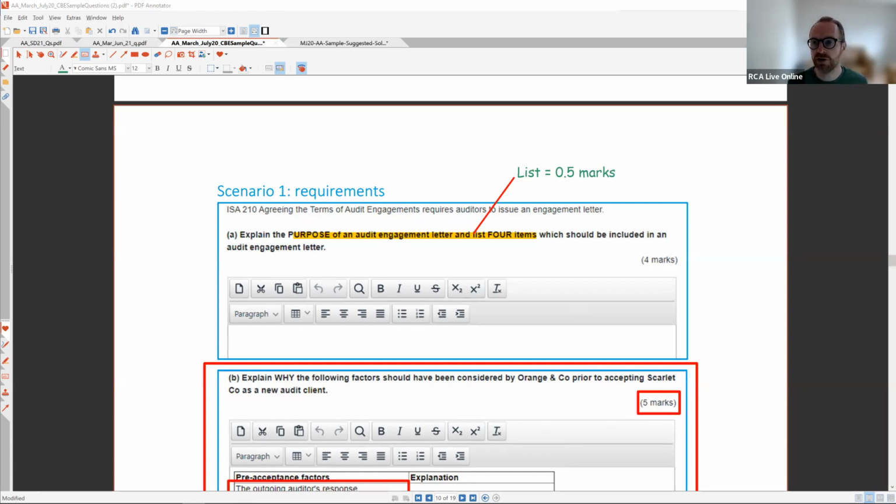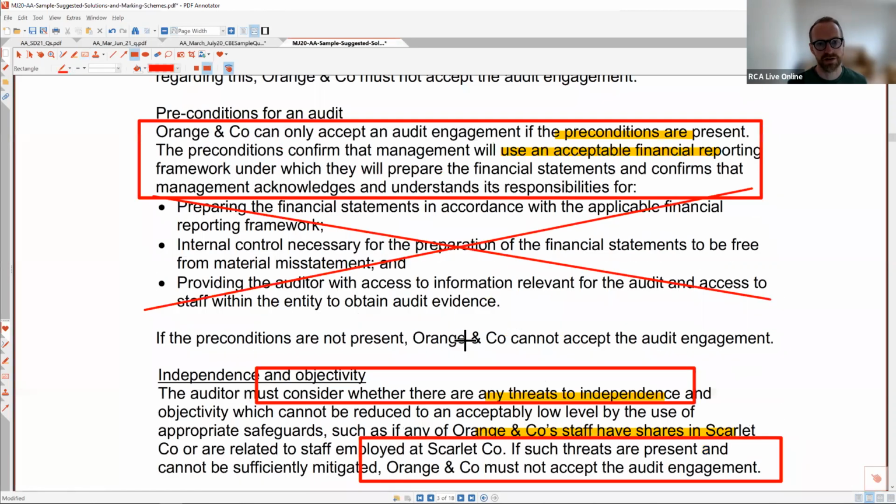Because you need to set out how the audit's going to be done and what the responsibilities of the parties involved in that audit are. So in the answer, that's exactly what they go into. Okay, so we're looking at